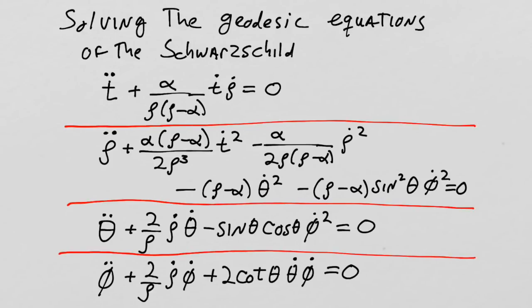So in the last lesson, we derived the geodesic equations for the Schwarzschild spacetime. And the Schwarzschild spacetime, of course, was based on the Schwarzschild metric, g mu nu, which we took as an ansatz, meaning it was given to us, and from that we calculated all of the connection coefficients,